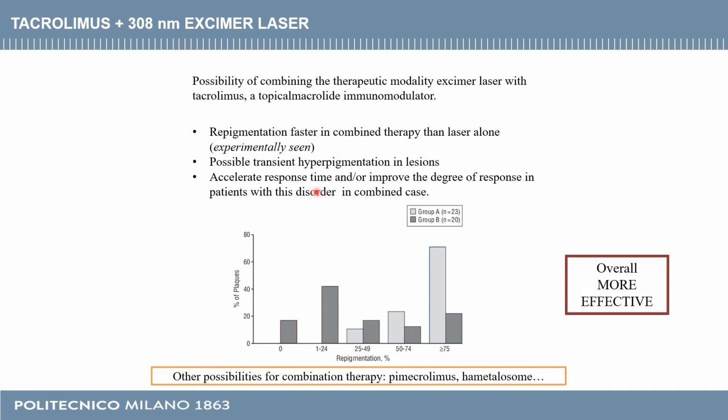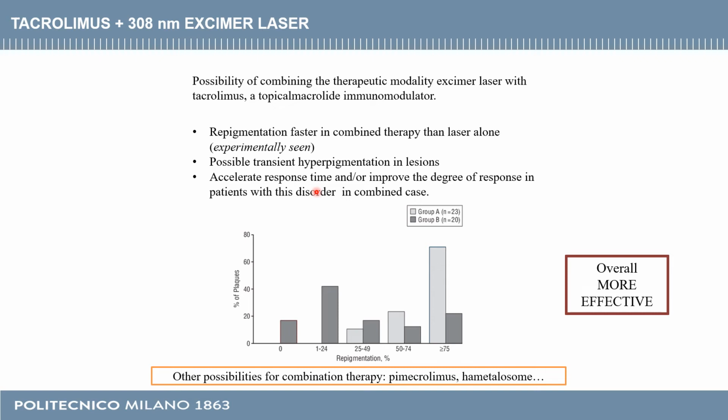Tacrolimus, what is tacrolimus? It is a macrolide immunomodulator that is responsible for the inhibition of T lymphocyte activation, and it modulates the release of inflammatory mediators from skin mast cells and basophils. We can say that tacrolimus penetrates human skin with no systemic accumulation after repeated applications, and in general there is a low systemic absorption, with the majority of patients having blood concentrations of this drug below